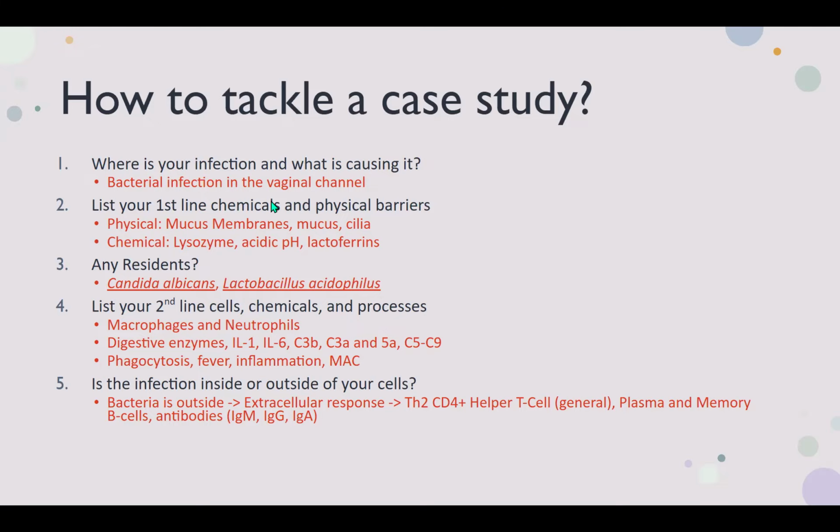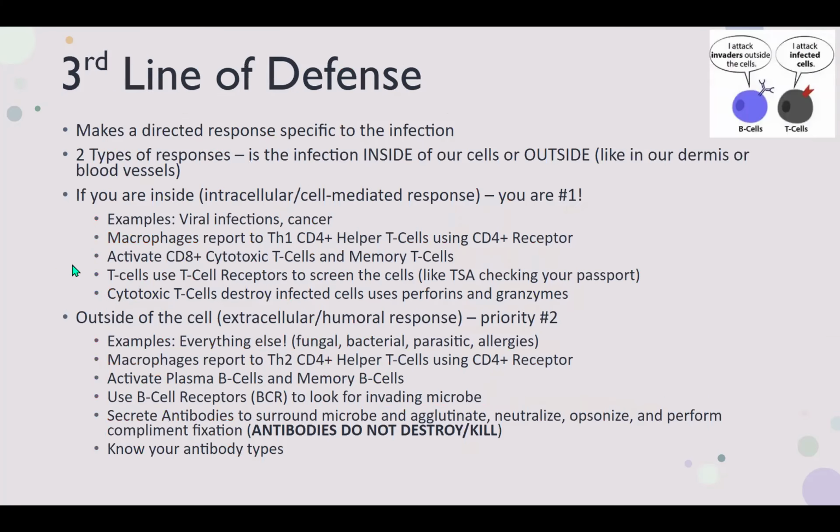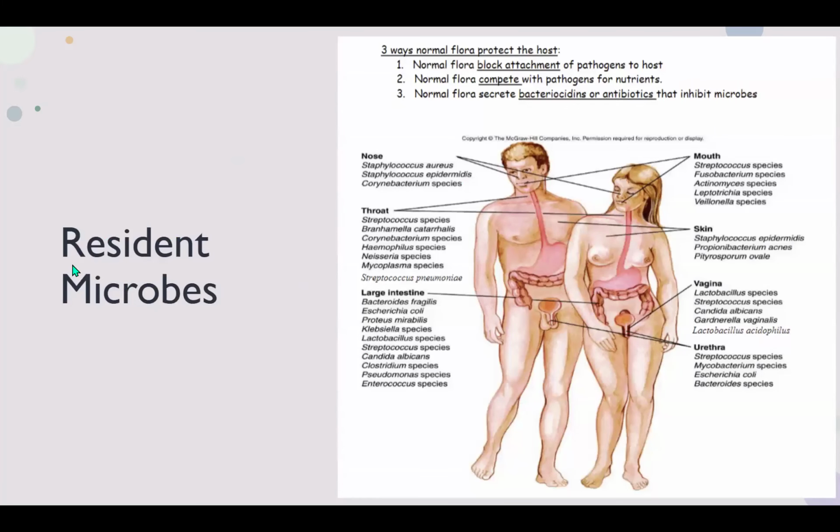Once you determine your first line chemicals and physical barriers, you'll then look at, hey, do I have any resident microbes in the area? Again, go to this page on your Unit 3 handout. I think it's like page 3 or 4. And just remember two of these. Anything that's in your nose should be pretty easy. Staph aureus, Staph epidermidis. Large intestines, I would personally go with E. coli and Klebsiella species,